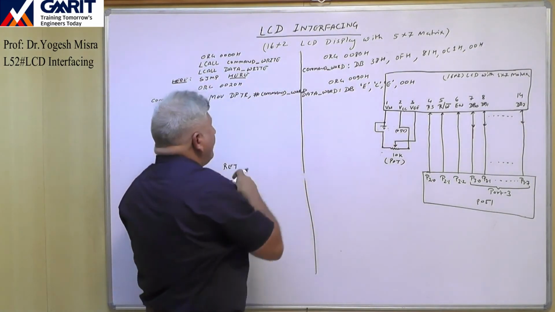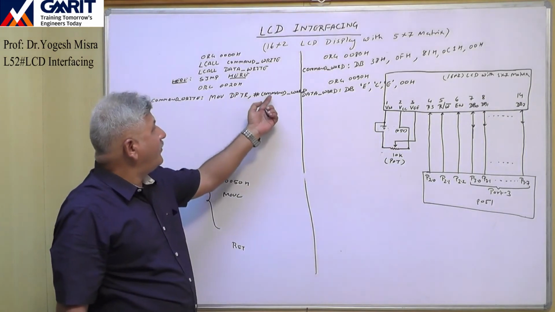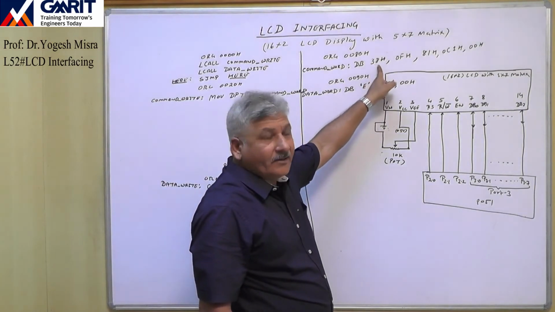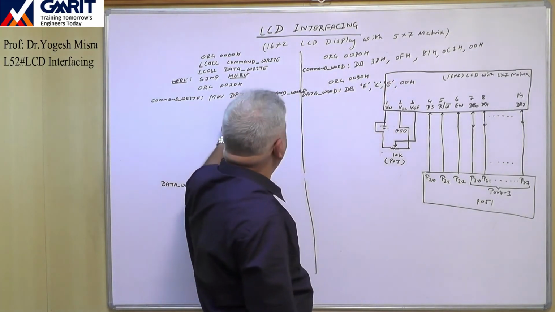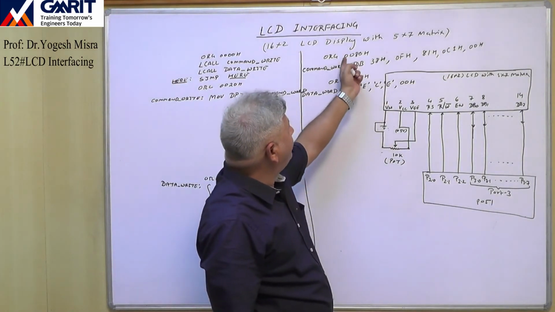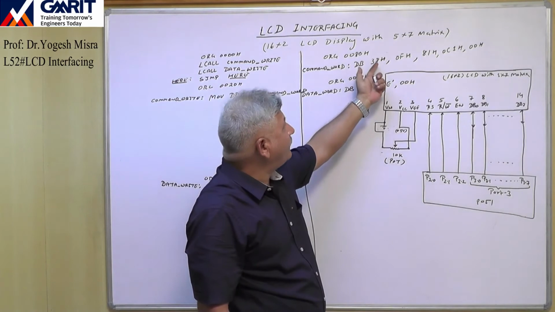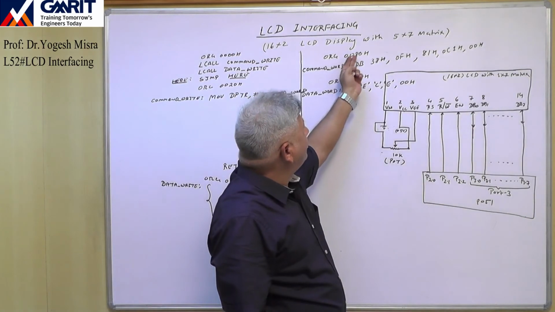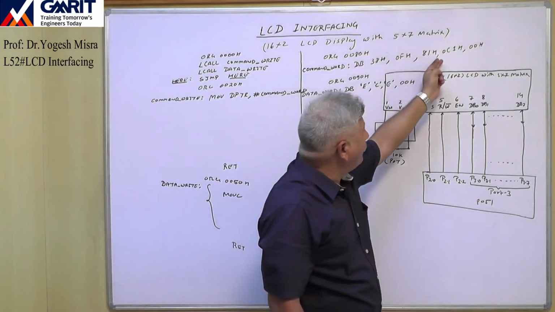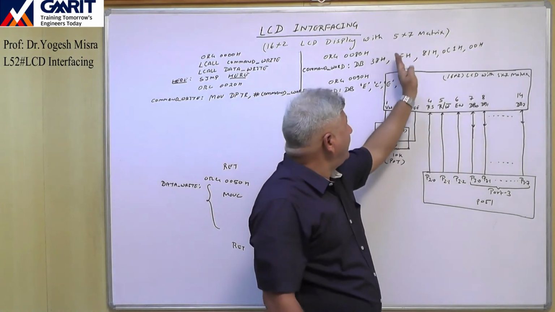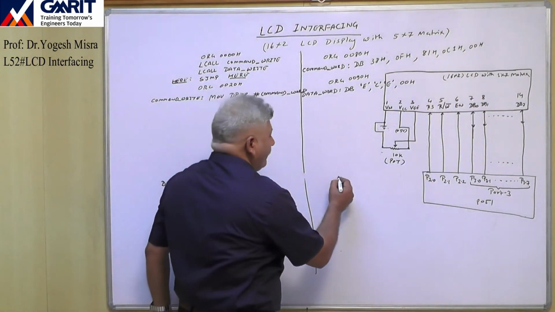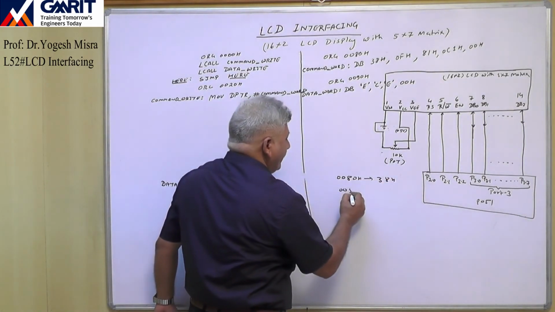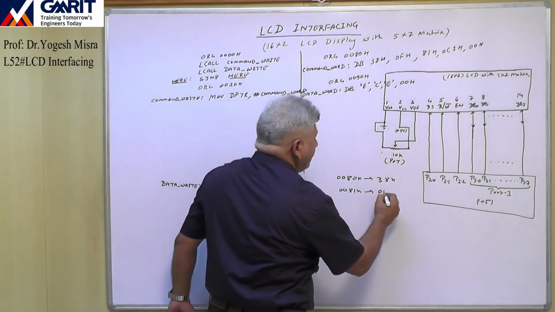So what will happen here? Since we have written # command word, the address of our first byte, this 38H, will be loaded in DPTR. And what is the address of 38H? It is 0080H. The address of the next command word is 0081, then 0082, then 0083. In this way, these numbers will be loaded in code memory from location 0080H. So at this location 38H, 0081H, here 0FH,